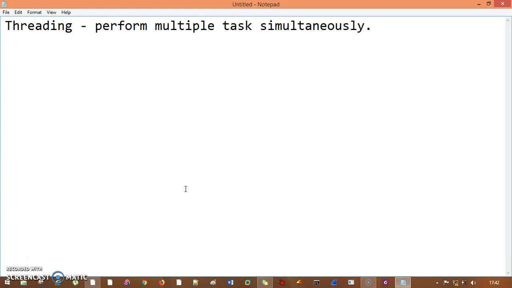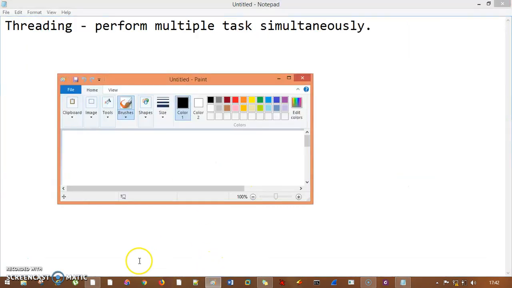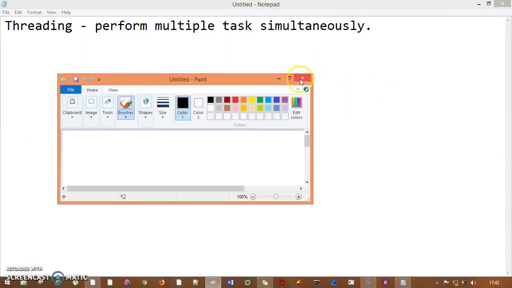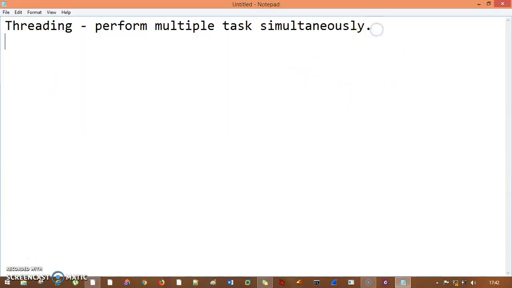What do you mean by that? Just like I'm using Notepad over here, I can also use Paint parallelly. I can use Visual Studio parallelly. That can be done with the help of threading. Now there are two types of